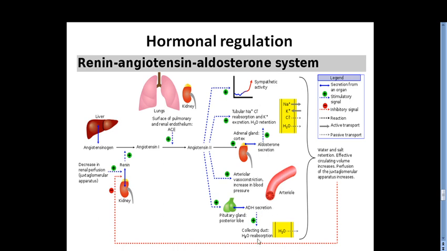There is an increase in the blood volume, there is an increase in the peripheral resistance, so that's why there is restoration of normal blood pressure. And when the arterial blood pressure becomes normal, there will be normal perfusion of these kidneys. So this is the manner how the renal blood flow is maintained via this renin-angiotensin axis.